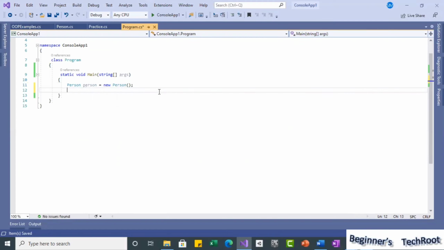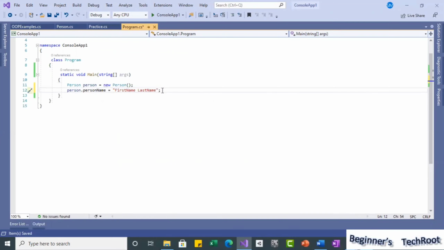So now person dot person name, if I assign, for example, something like first name space last name, this is the person name I am giving.